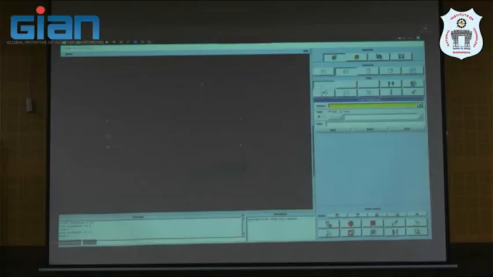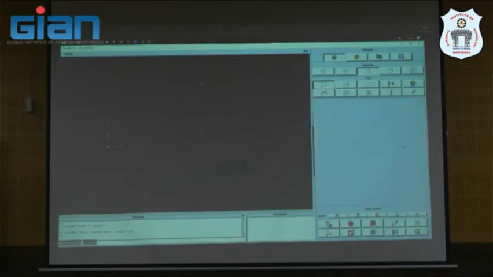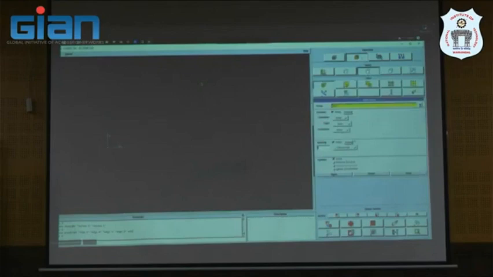After that, I will create the line. So I think the screen is dark, so we can't. Oh, okay, yeah. We saw the yellow line, yes. After that, we can create the face. In this software, we create the geometry from point, line, face, and volume, step by step. Yeah, and then we mesh the face,